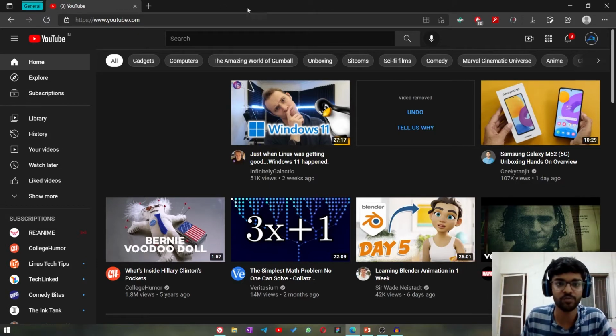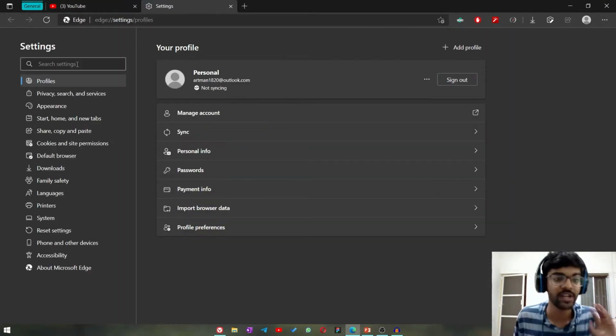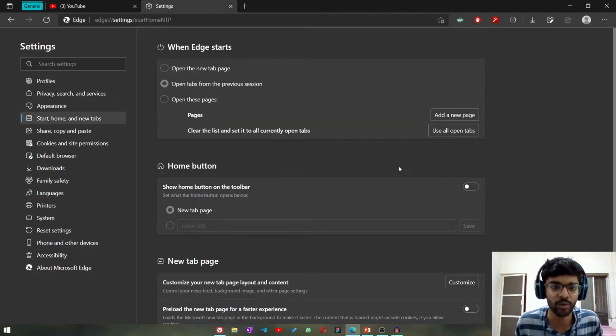And if you use this, you can go into the settings so that whenever you open Edge again, you can make sure that it retains all of the tabs. So if you go on to start and home, and when Edge starts over there, there's usually the open new tab page, or you can open tabs from the previous session.